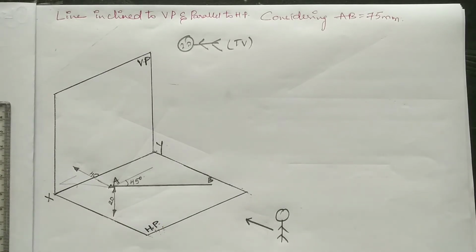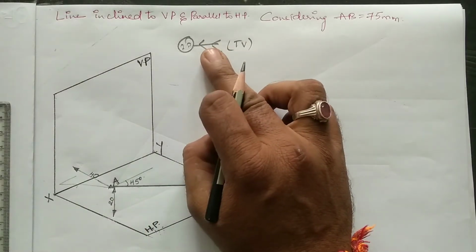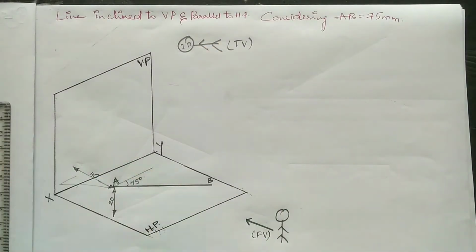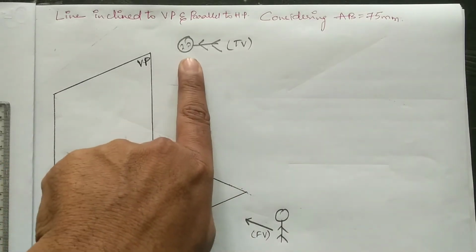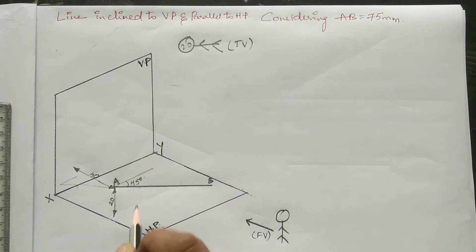So the thing is, how do we go ahead for seeing the line with its true length. Coming to its true length visualization, which is not possible from the front view, it is possible from the top view. In the earlier case, when the line is inclined to HP, the true length was visible from the front view. But in this case, the line which is inclined to VP, the true length is visible from the top view. So drawing its true length over here,